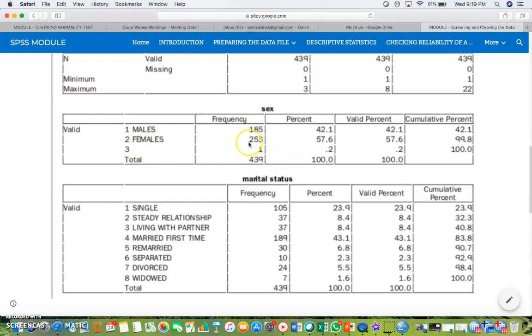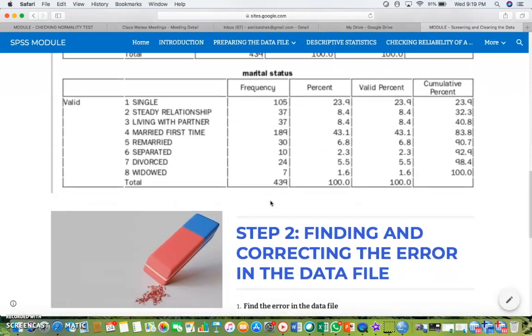You need to rectify this problem by removing the 3 value and replacing it with 1 or 2. So you have to identify the respondent, check the hard copy, check the correct gender, and then key it in again to replace the 3 value.